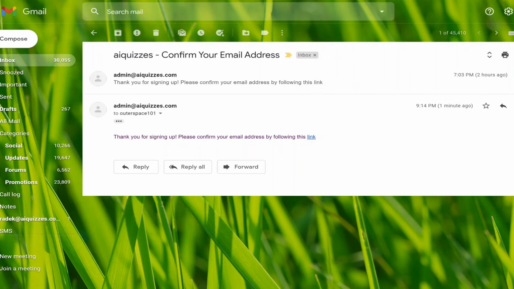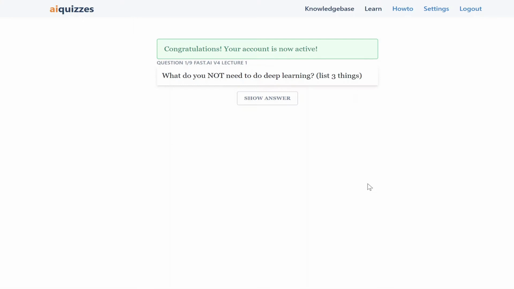Once you open the email, all you need to do is press the activation link, and you should be immediately logged in and brought to the Learn module, where you can start learning. You're presented with the first question, a question from the first lecture, and to understand how aiquizzes works, there's